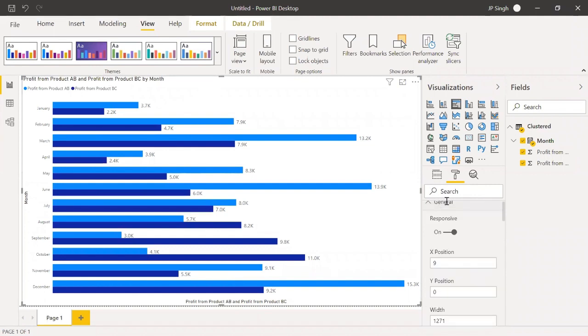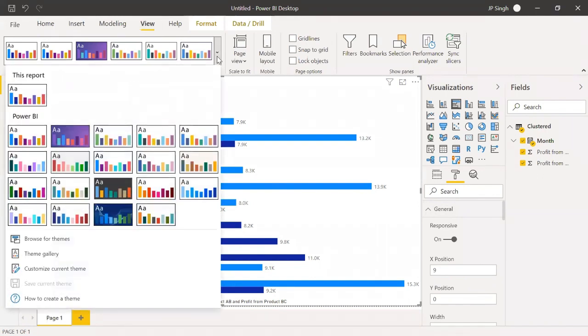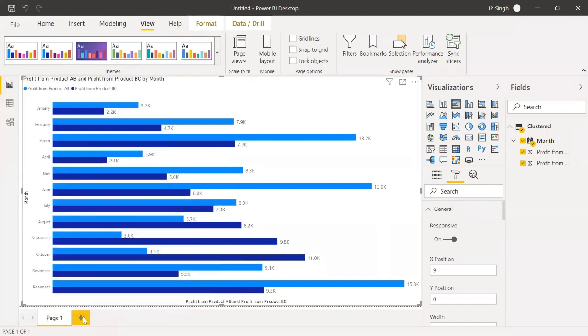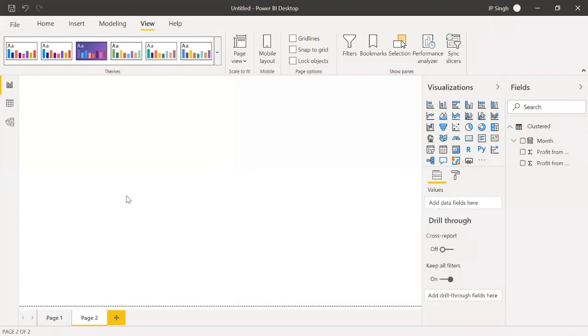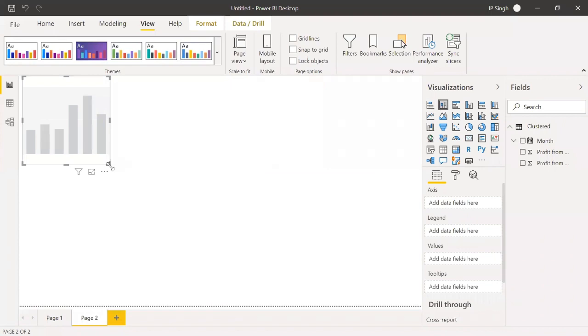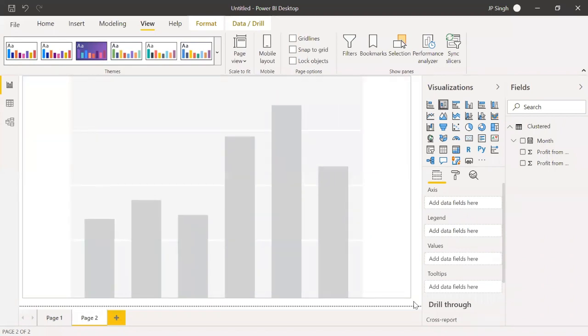Now I am coming to some options which is predefined layouts. Here we can change something by clicking here, but also when I go to the view, I have some predefined layouts which are available as a theme which you can choose from. For example, let's suppose I am not taking this, I'm just making a new page